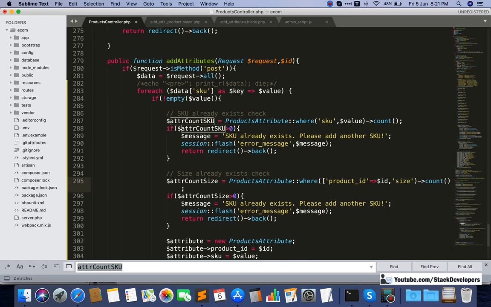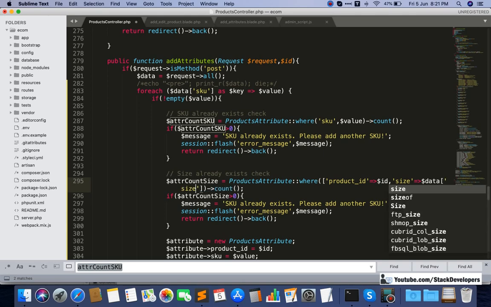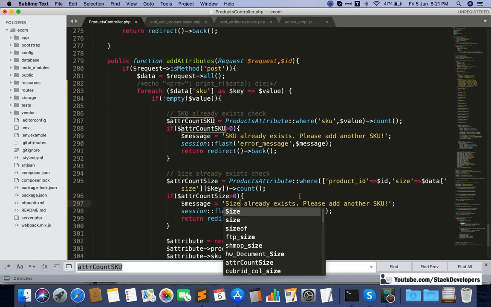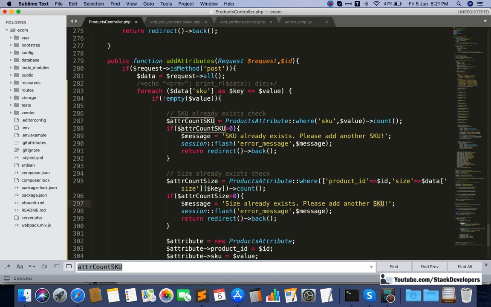We are going to check whether this size already exists for this product or not. I am going to take the size, which we already know is coming like this, and after that we need to take the $key, count. If the count is greater than zero, we add "size already exists, please add another size." This is the error message.